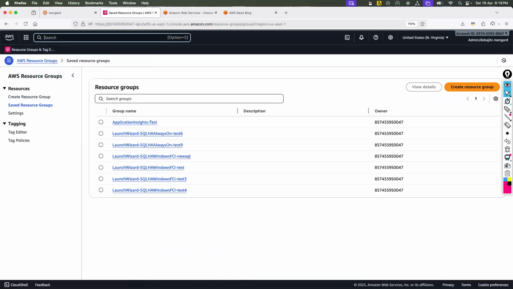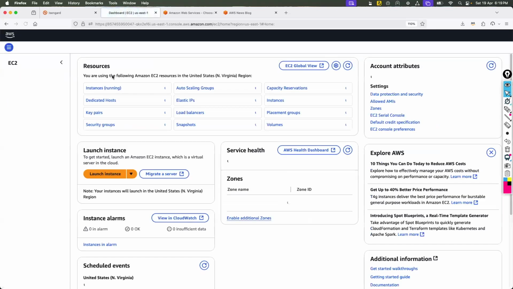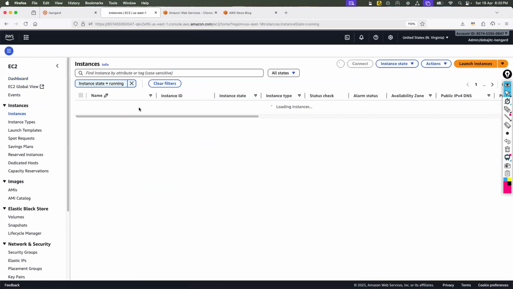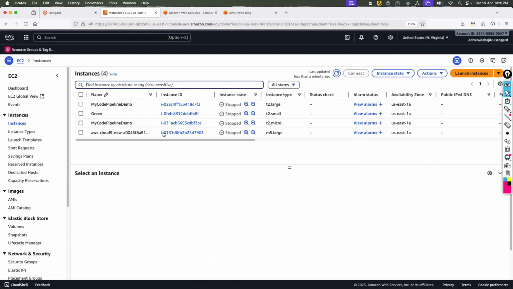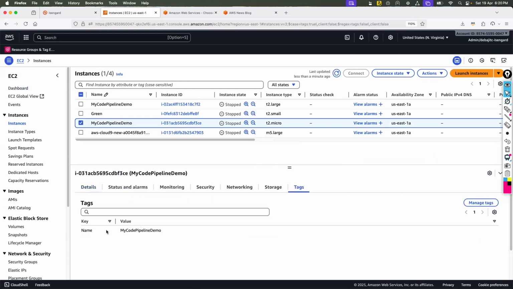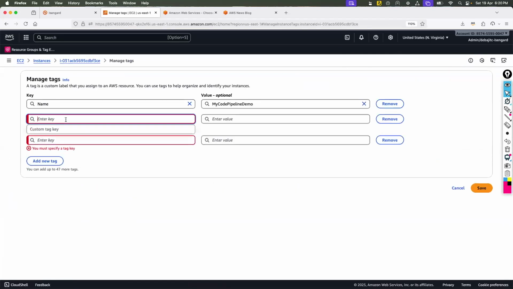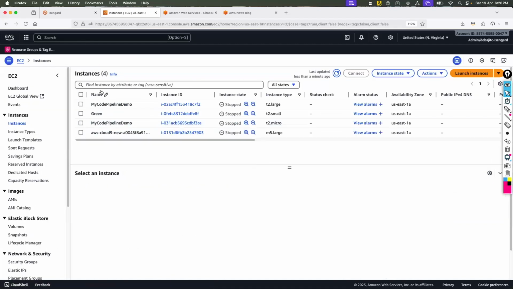If I go back to EC2 and instances, let's say there are 100,000 servers. We have already discussed tags, and you can create multiple tags on one machine. That is a good part of it. If this is the name code pipeline, I can create multiple tags for the same server. Not just a server, any resource for that matter.